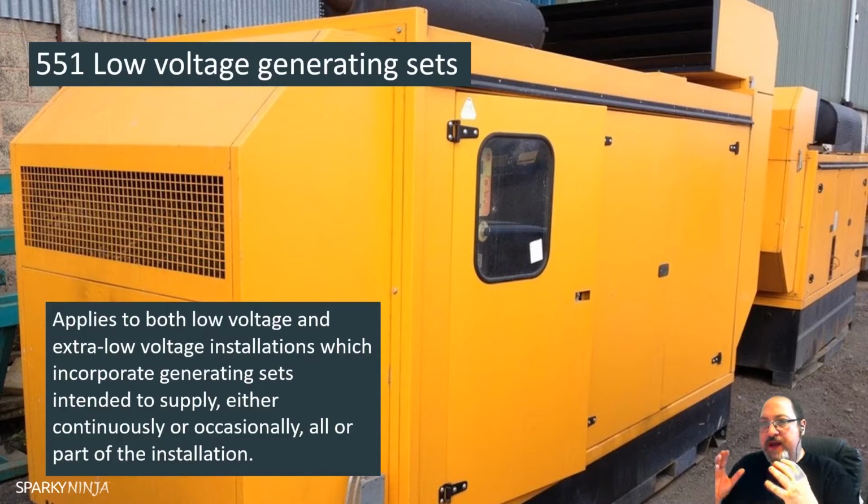So if you're having a low voltage generator in a temporary area for an event or something as a parallel supply, then that will be a constant supply. It applies here. But you may have it as a standby supply or as a backup supply. It could even be, as is mentioned here,